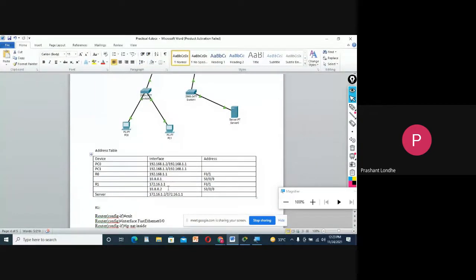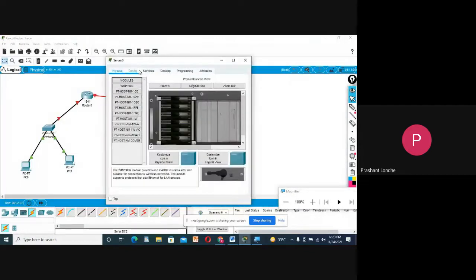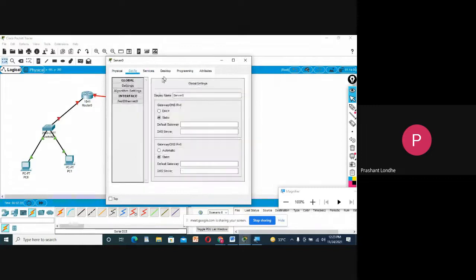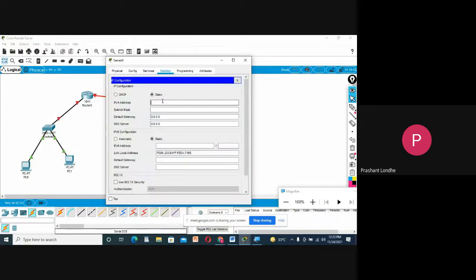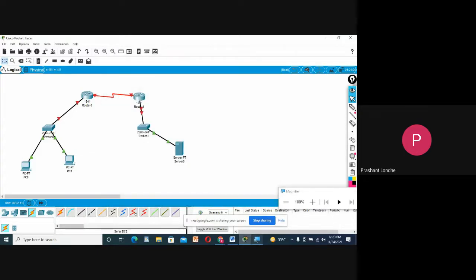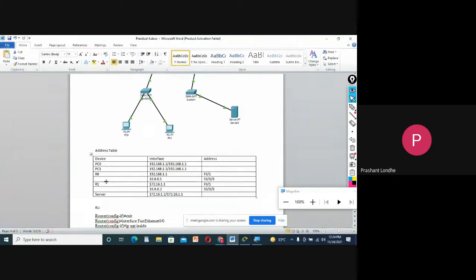Okay, so let us configure the server. That is 172.16.1.2 and the default gateway is 172.16.1.1. Now I need to set R0 and R1.